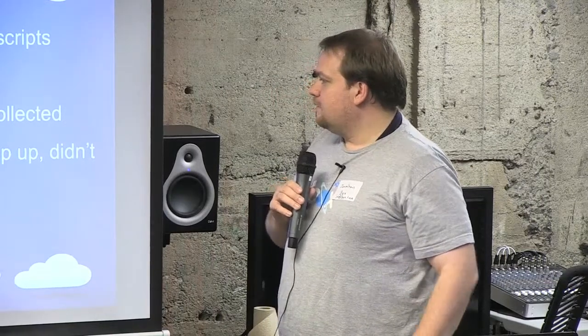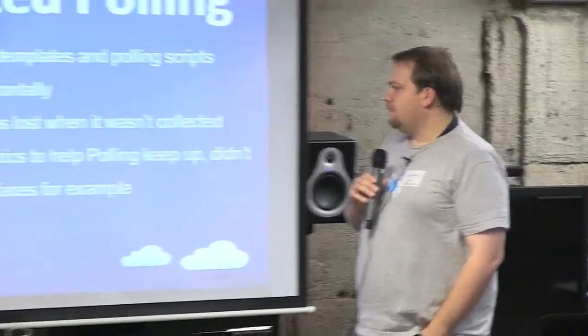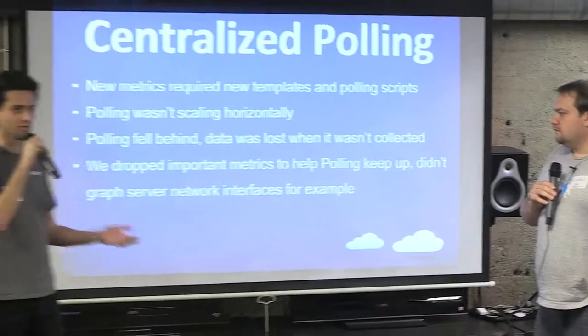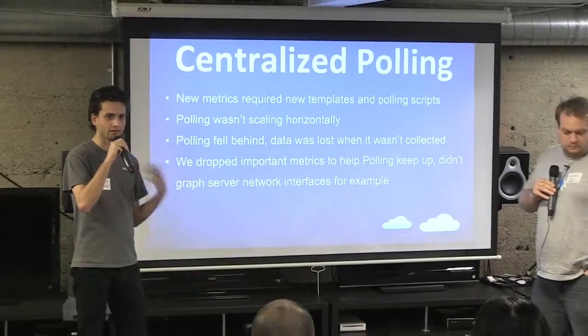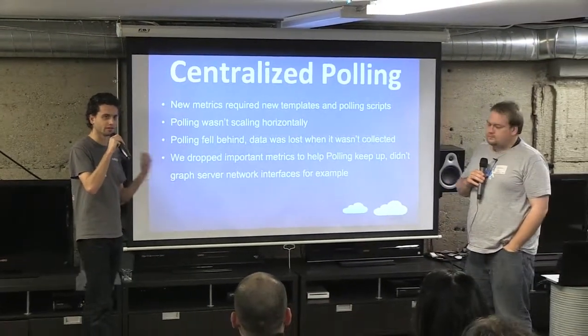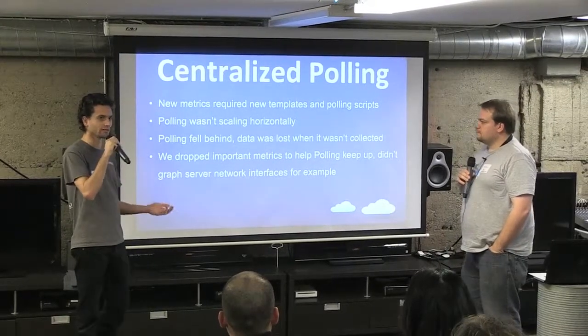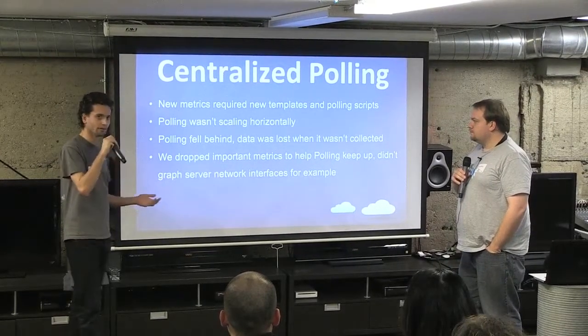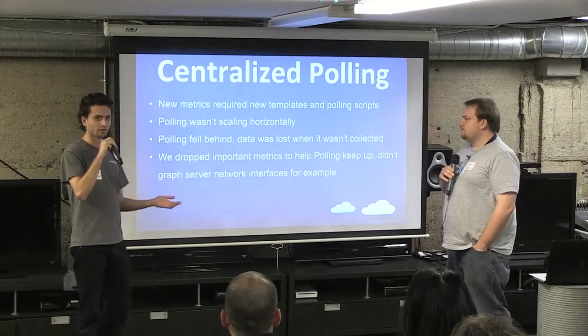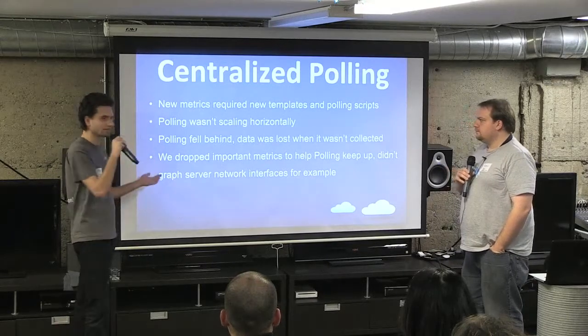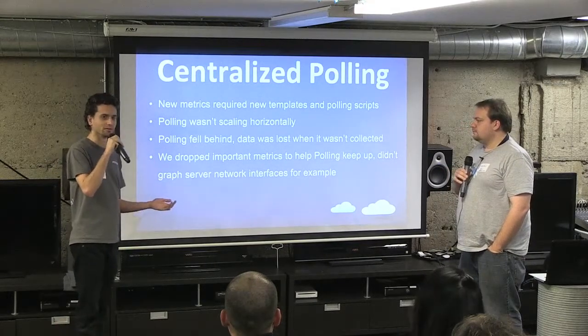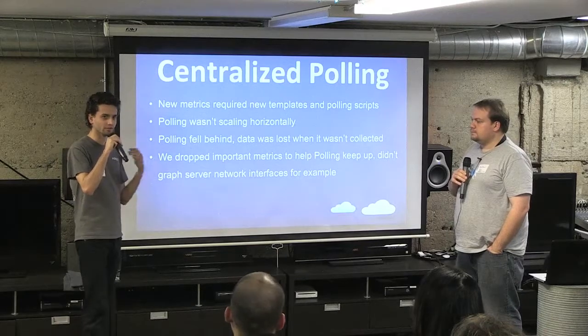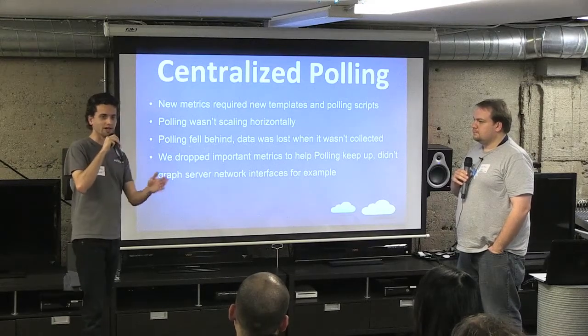I think this is actually a very common problem of a lot of monitoring systems: you have this one big thing in the middle that has to keep track of everybody else, all the targets, all the applications, and all the devices and servers you have, and it can't keep up. And when you know that you're outgrowing what you can support from this central polling place, you're kind of screwed, right? Because you need to shard your configuration,